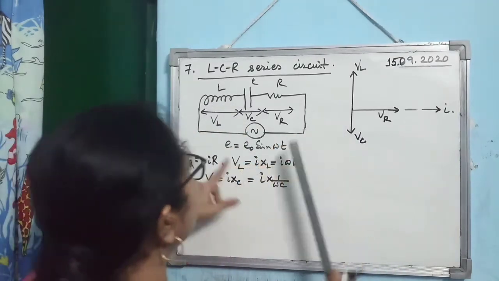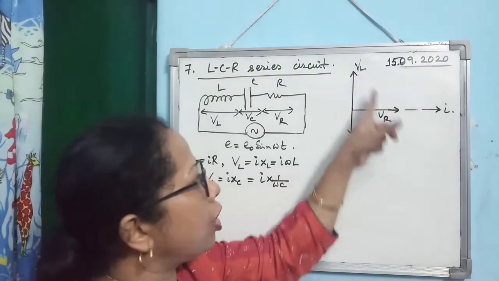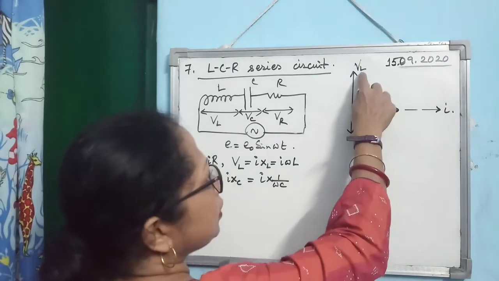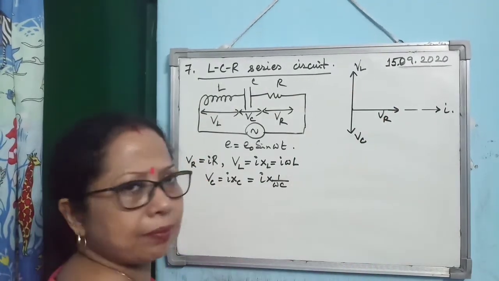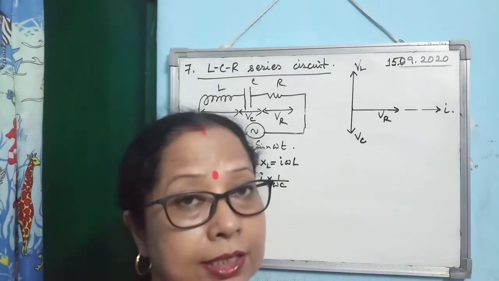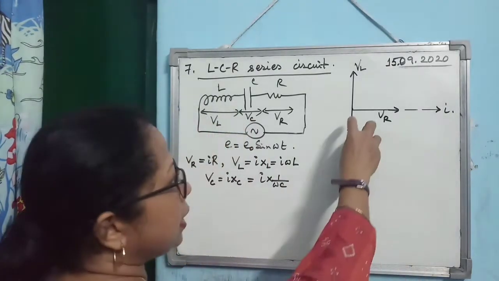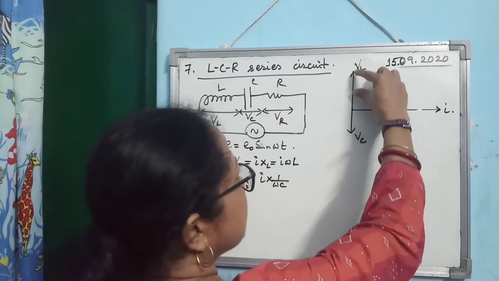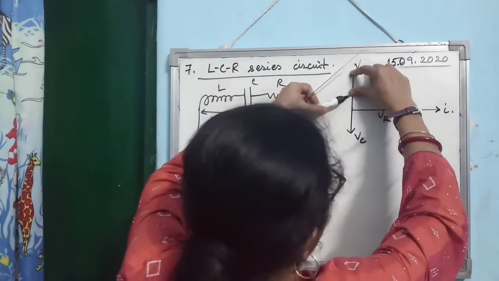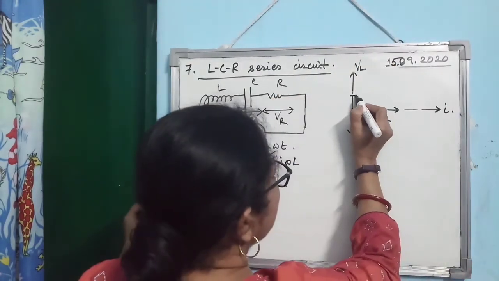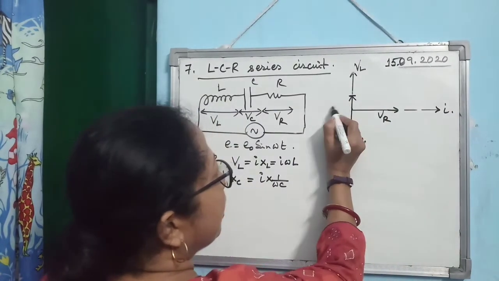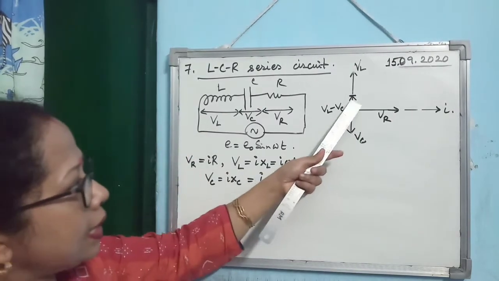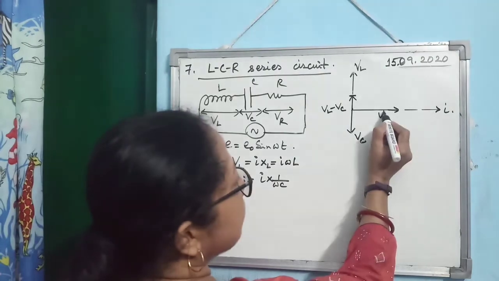Alright. Now what will be E then? E will be resultant of these three vectors. So how to get the resultant of these three vectors? First of all, VL and VC, they are acting in the opposite direction along the same line. So you see, I am just doing by my hand. You can do it by the scale. So if you consider this is VC, from this point I have measured how much is VC. So you see this portion, this part, it is VL minus VC from here till here. Okay, this is VL minus VC and this is VR.